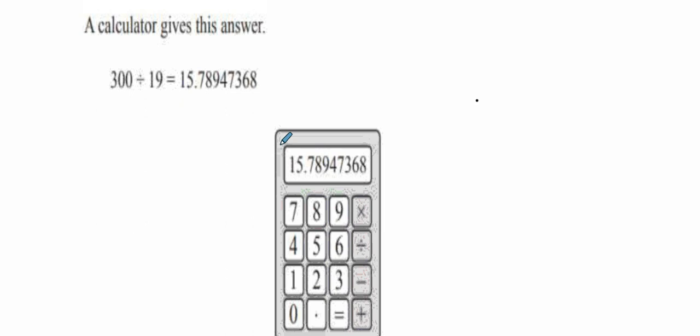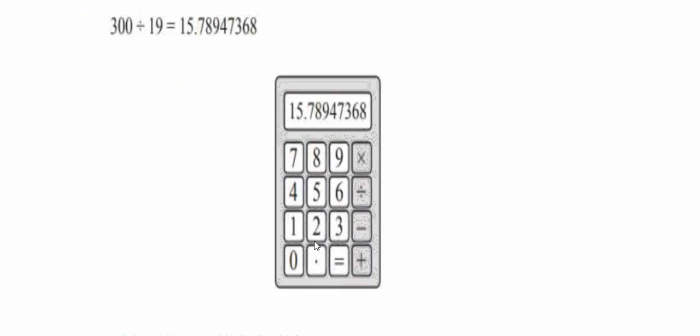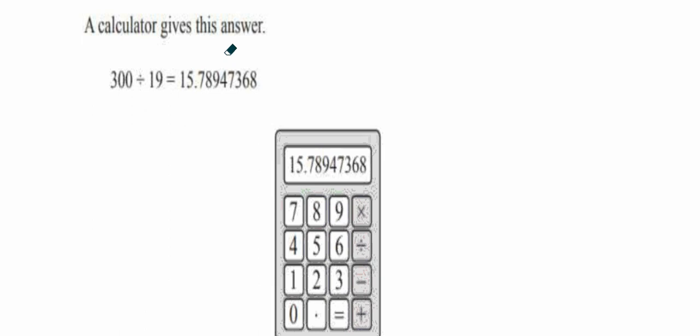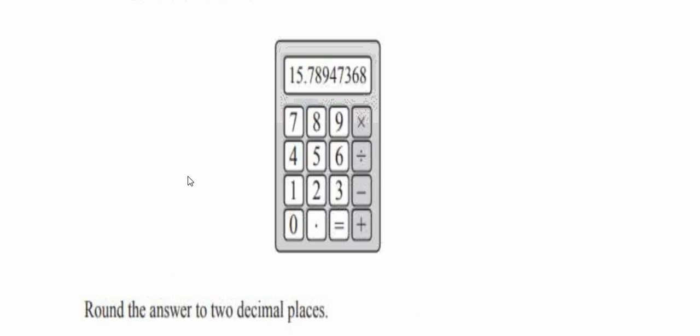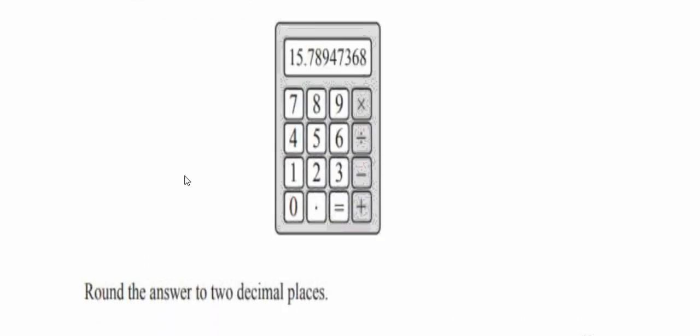Okay, this question says a calculator, this calculator you see here, gives this answer: 300 divided by 19. The answer is that. Okay, what is the question? Round the answer to two decimal places. Okay, round this answer to two decimal places. You can try that. Yeah, the answer is